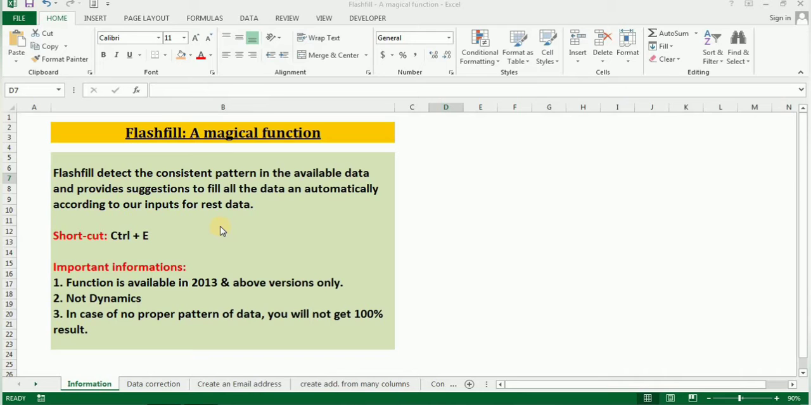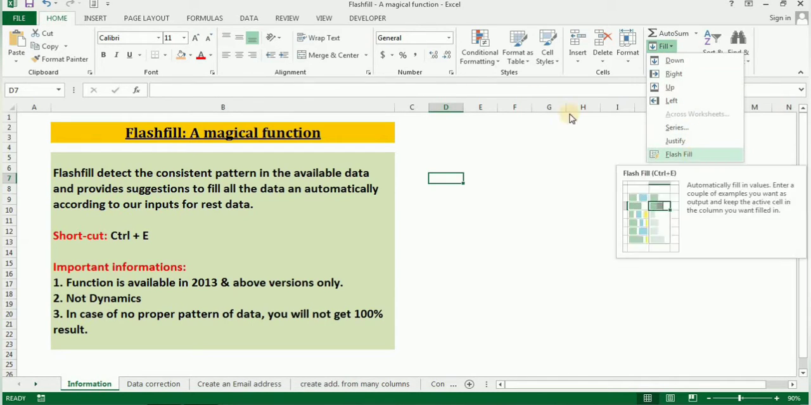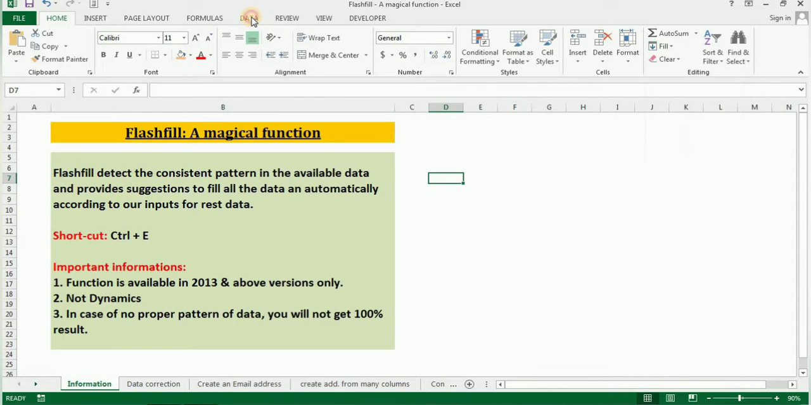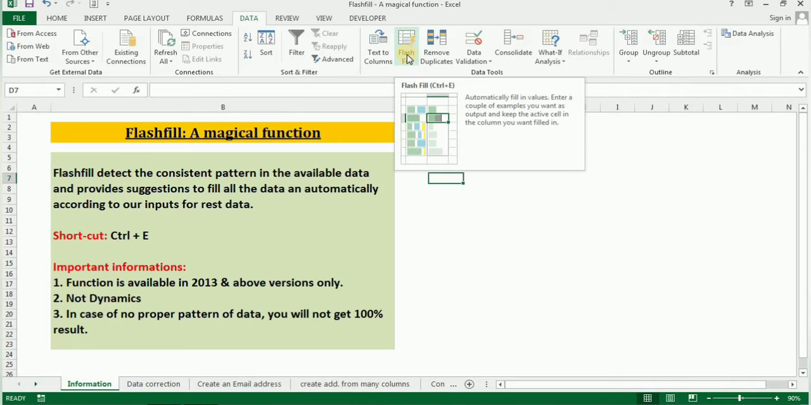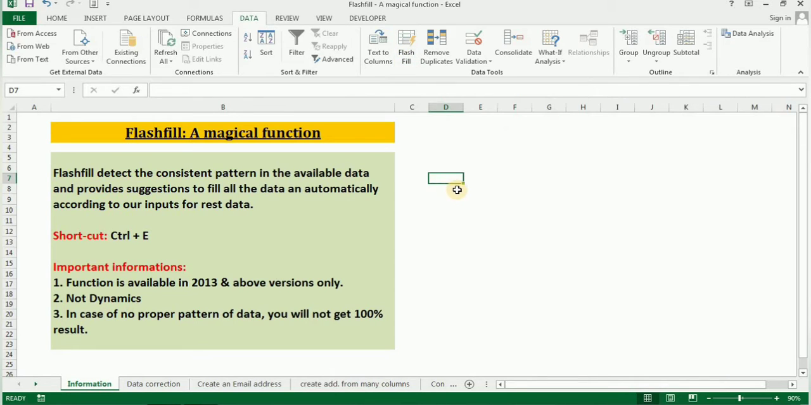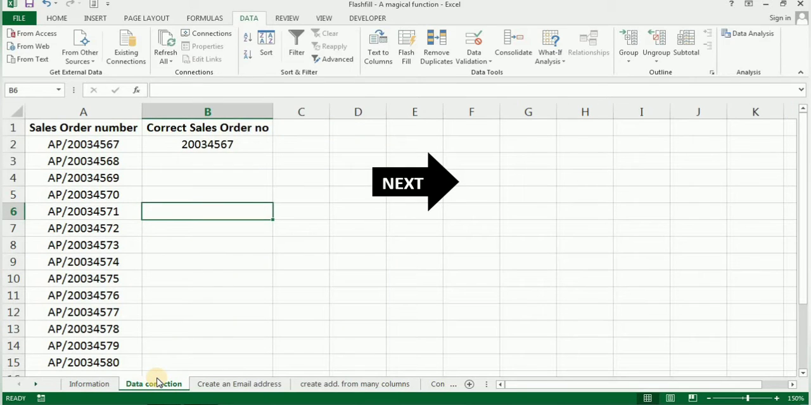You can find this Flashfill function in the Home tab, in Fill, and then Flashfill. Also you will get this in the Data tab, and you can also use the shortcut key Control E. So let's start practice. So here we have a sales order number in a column